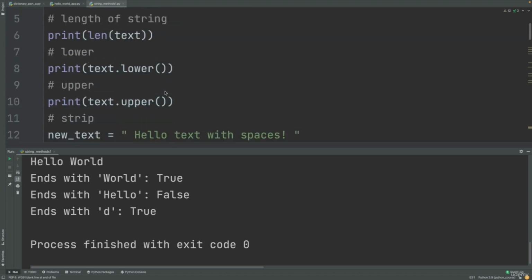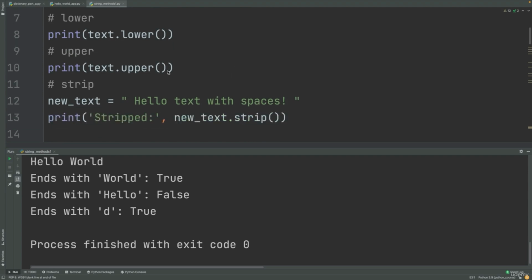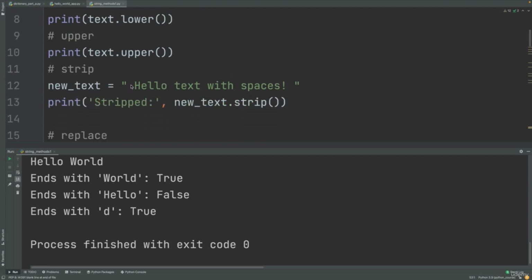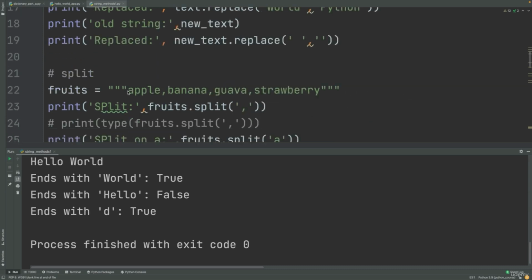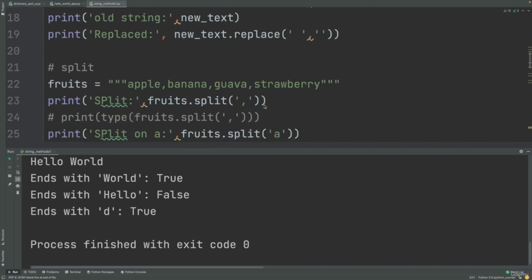We started with lower, which changes your string into all lowercase. Then we moved to upper, and we moved to strip, which just removes any beginning and ending space. We looked at replace, which replaces a substring or a character in your string with something else. We looked at split, which converts your string into a list by splitting it based on a character that you